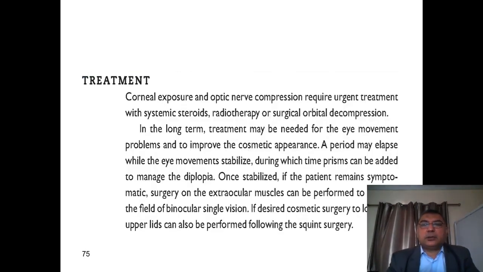The treatment: first, we have to keep this patient safe. We have to prevent corneal exposure. We have to prevent optic nerve compression. We can give systemic steroids, radiotherapy, orbital decompression. Of course, all these measures go with control of his thyroid problem. Sometimes the condition stabilizes, but there is still strabismus. We can do squint surgery to correct the strabismus after stabilization of the dysthyroid